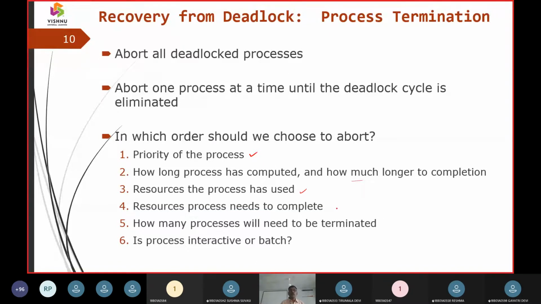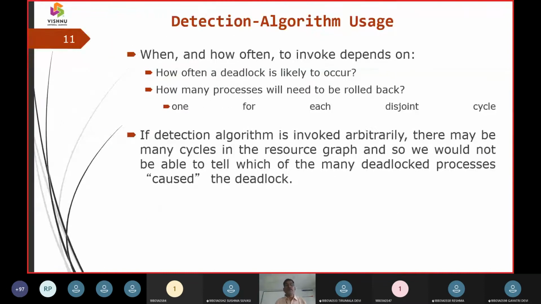We also consider the resources it is using and how many resources it still needs, and how many processes have to be terminated, whether it is interactive or batch processing. If it is batch, it can be one after the other. If it is a multitasking or multiprogramming environment, then it is going to be interactive. Based on that, we assume whether to terminate a process or not.